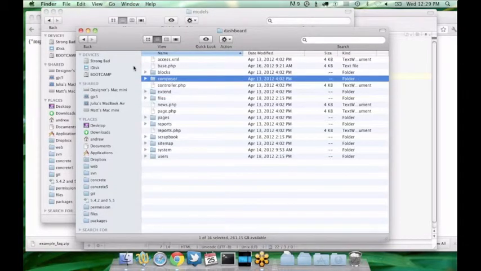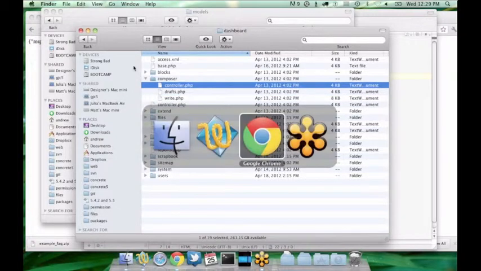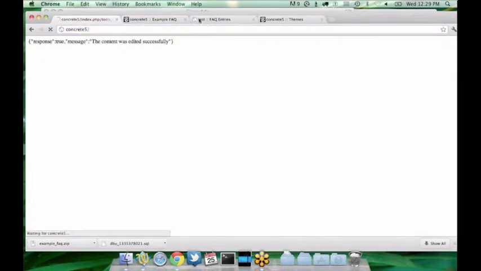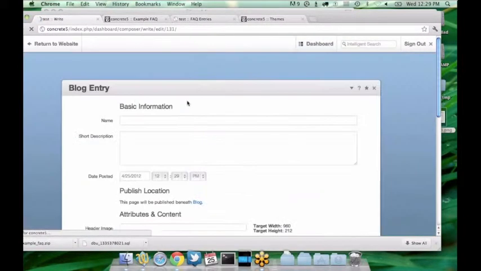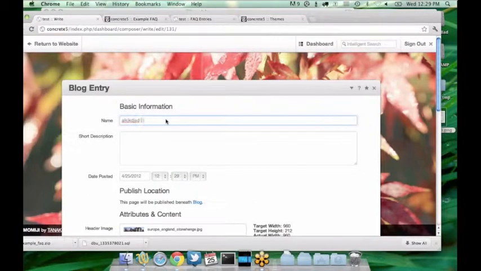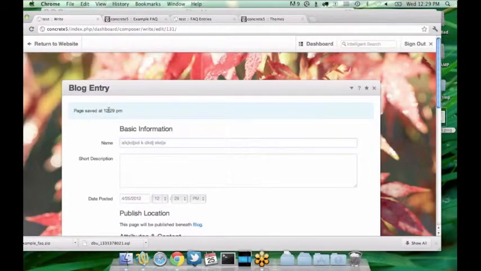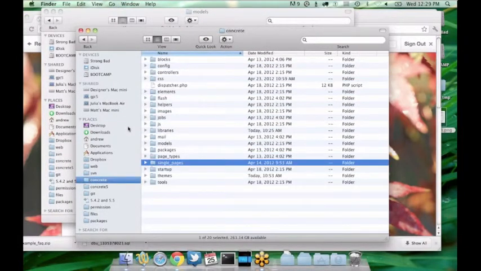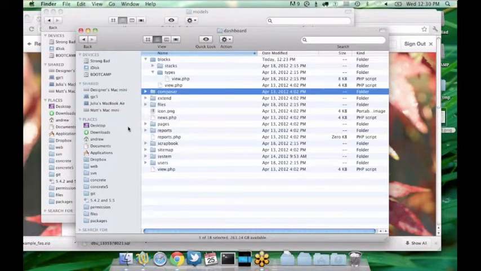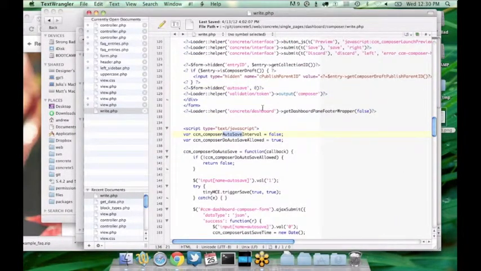I'm trying to think of something that might do that. For example, in Composer, which is our built-in way of bringing blogging to concrete5, if I start writing a blog entry in Composer, if I wait a second, I will see page saved at 12:29 p.m. And what's happening there is, this is all just a dashboard page. If I look for autosave,